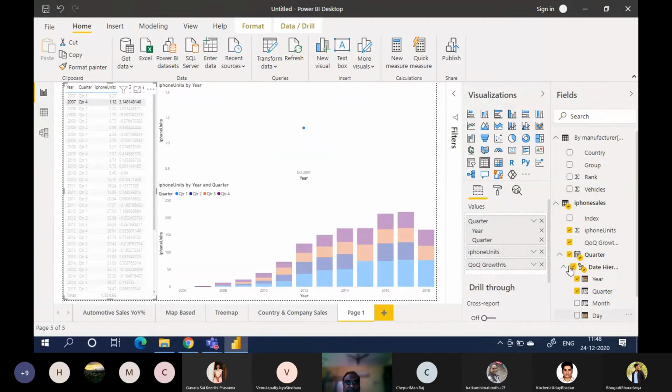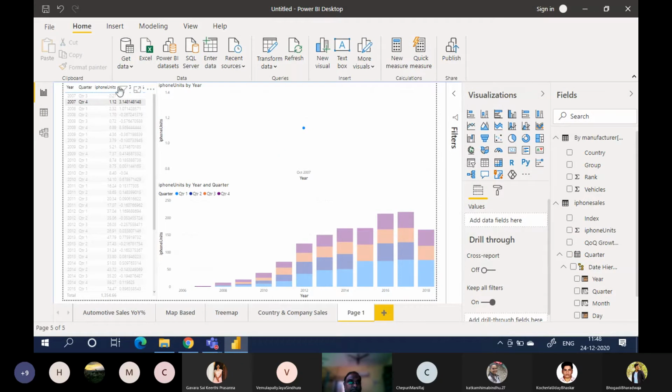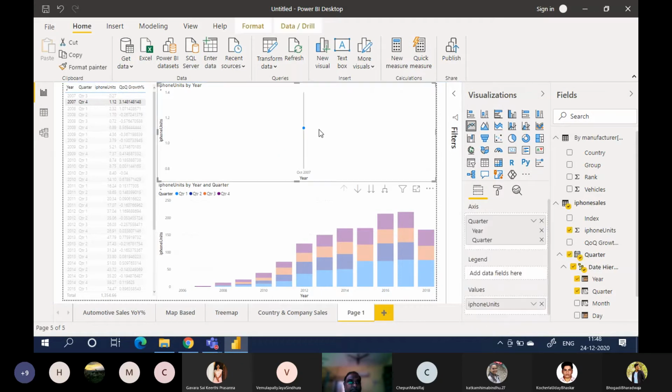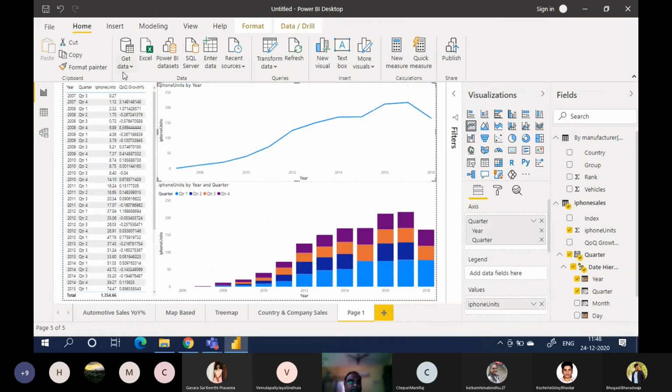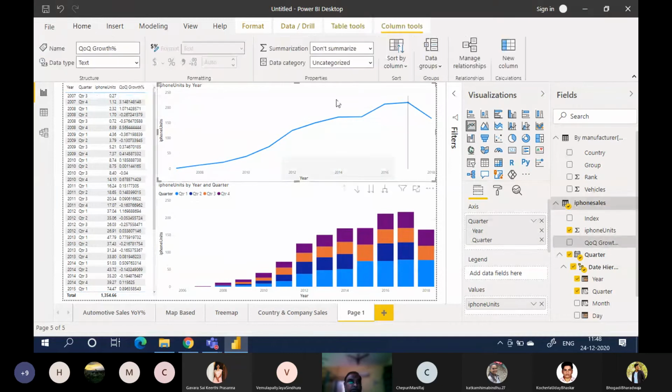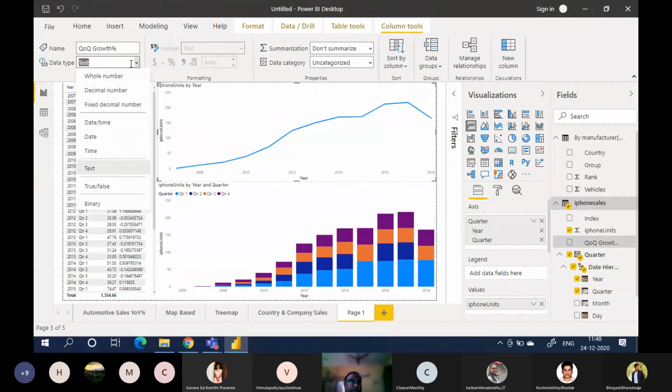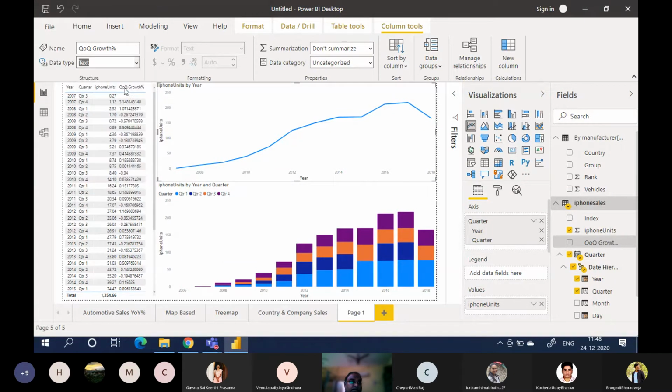Quarter on quarter growth, data type, decimal number. Okay.